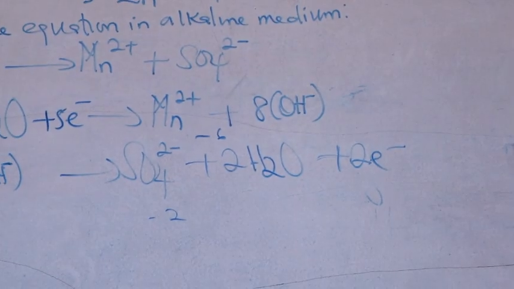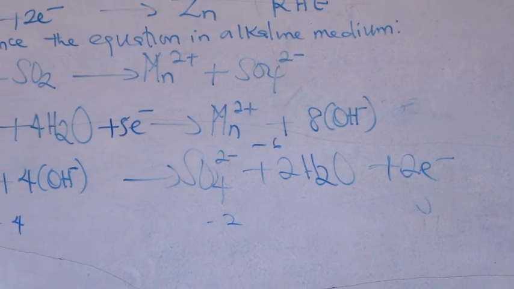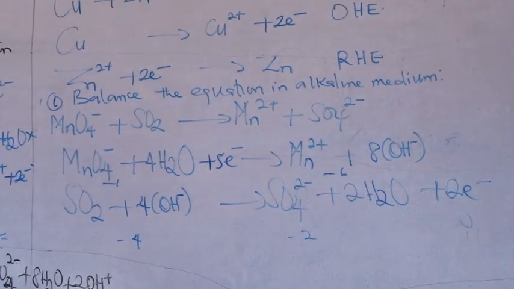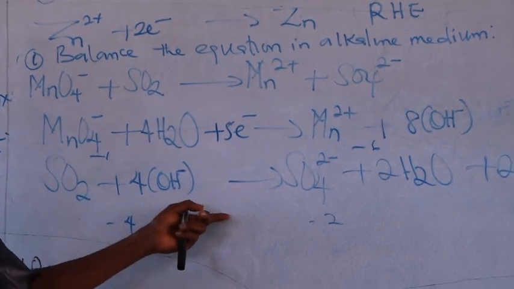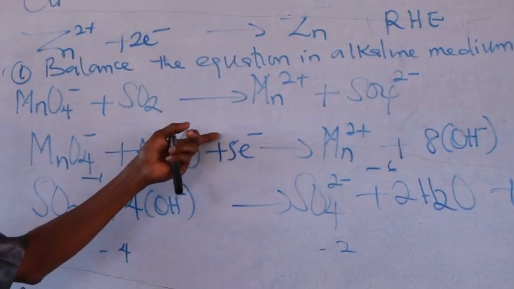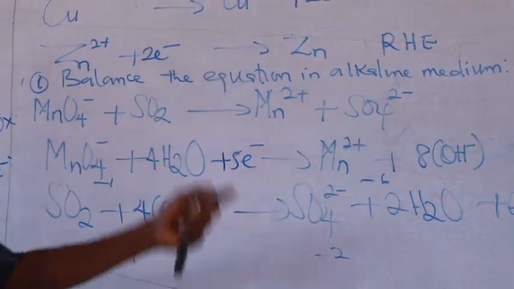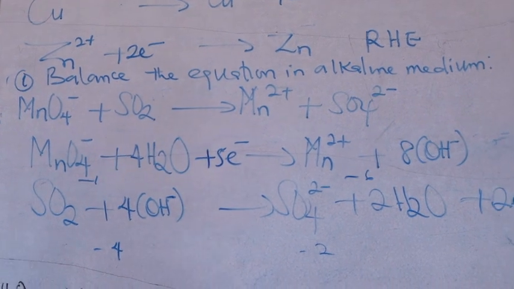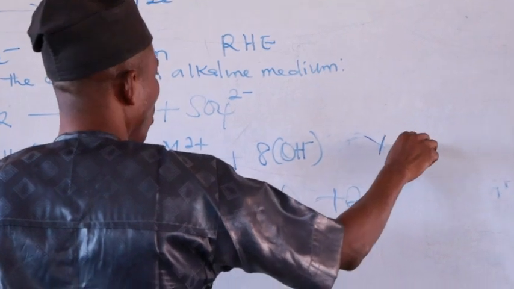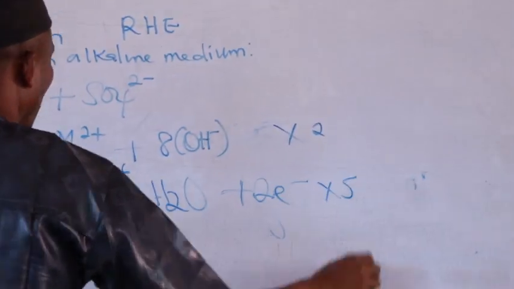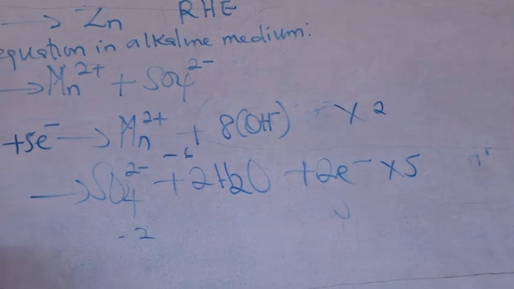Now the atoms and the charges are balanced. The next thing for us to do now is to ensure that electron loss in the oxidation half equation is equal to electron gain in the reduction half equation. What do we do? Multiply this equation by 2, multiply this one by 5. Then we can have,